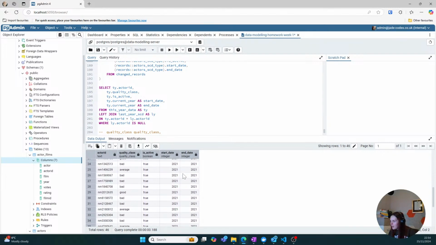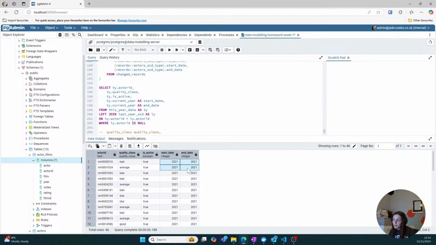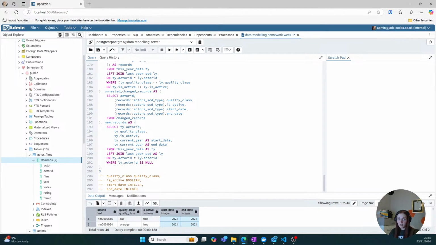So as you can see, there's lots here that started in 2021, and so I am going to do a new records as, and then the last thing to do is to basically union everything together. So select star from